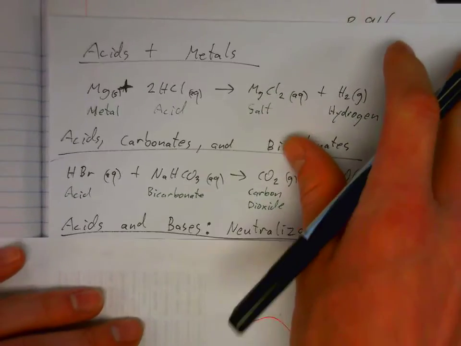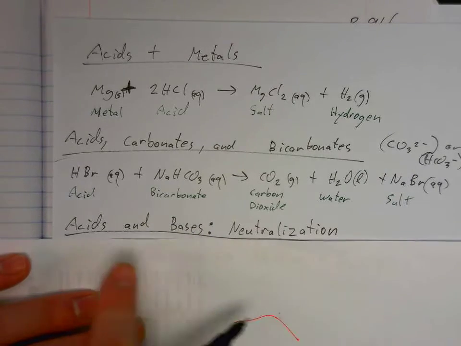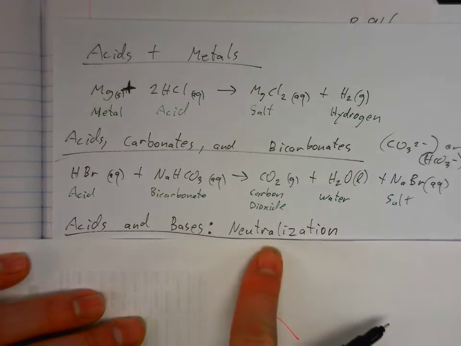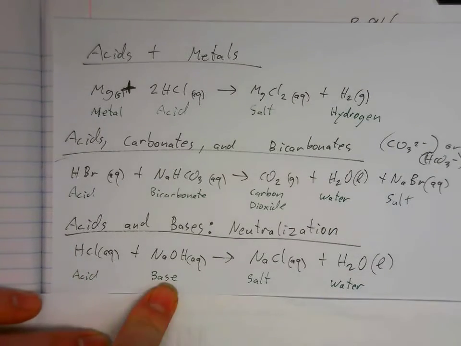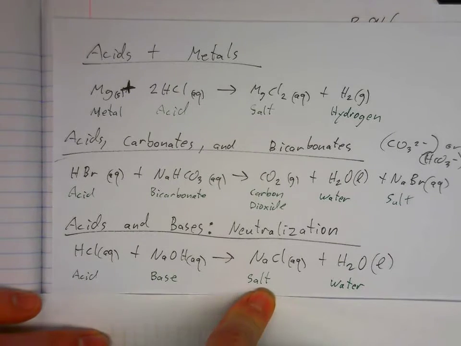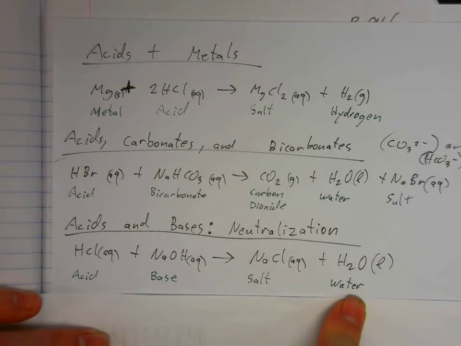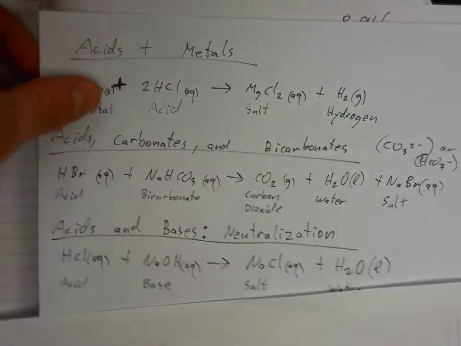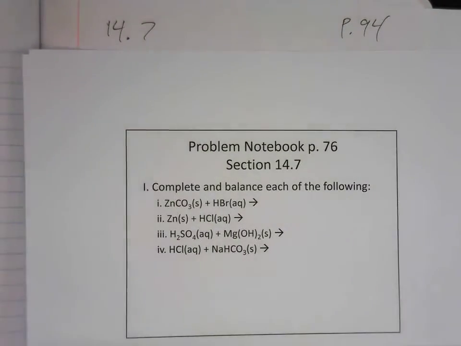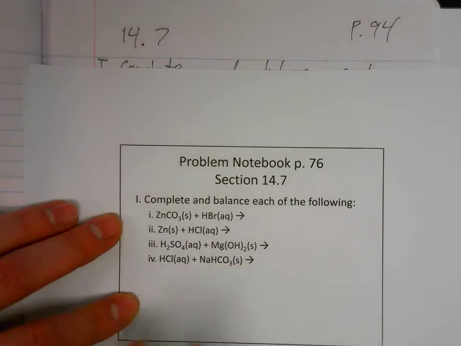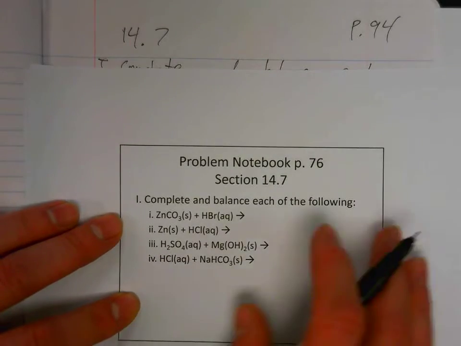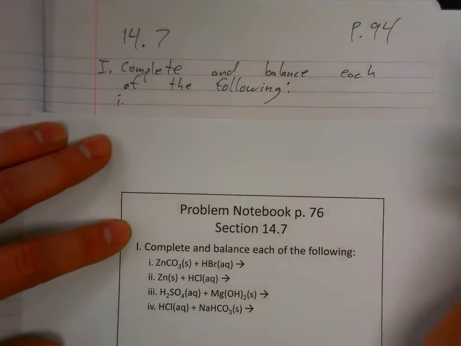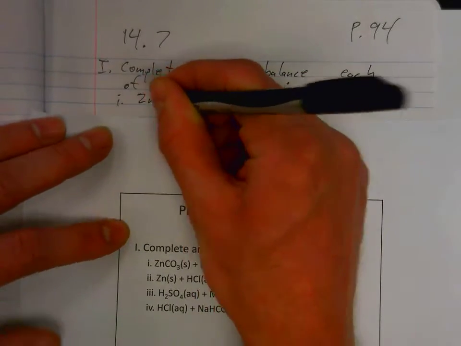Last, we have acids and bases. Strong acids and strong bases react to neutralize each other. We have a strong acid with a strong base, and this produces salt and water. In the next examples, we are first determining what type of reaction is occurring, and then we're going to complete the equation. So first we have zinc carbonate